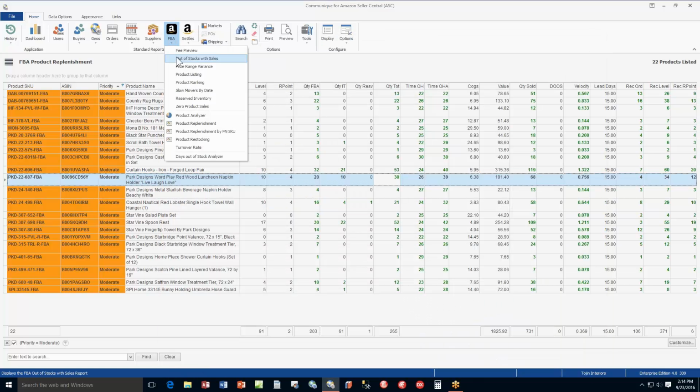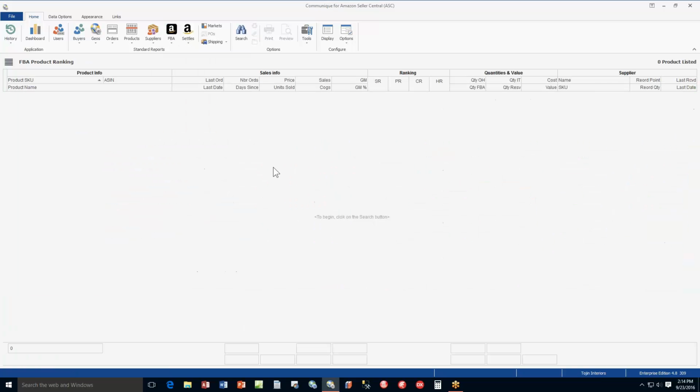That's a very useful report. It's a report you don't have to run every day. Your replenishment report, you may do it, say, look, I want to replenish once a week, send everything out. That's fine, or you can do it every day. I mean, it just really depends on how you want to spread out your workload, right? All right, but this product ranking report isn't very useful to you running it every day. It's something you may want to run every couple of weeks or once a month